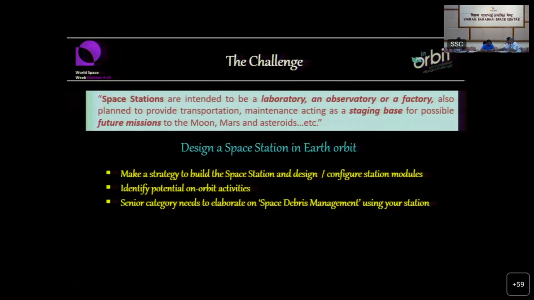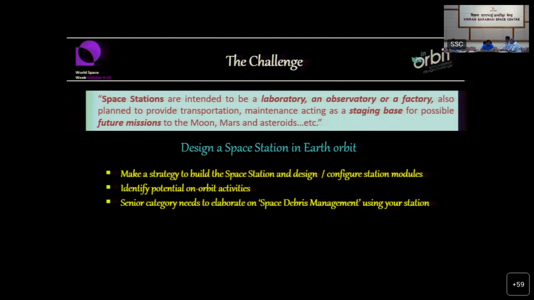Okay, fine. So you have to devise a strategy to build a space station in the low Earth orbit, and you have to define the objectives for your mission. And as we all know, the theme for the World Space Week this year is space and its sustainability. The theme is inspired by how sustainability in space relates to how humanity uses space more effectively, and more importantly, without compromising the needs of future generations. So we have to preserve space for future generations as well. We should not litter it around.